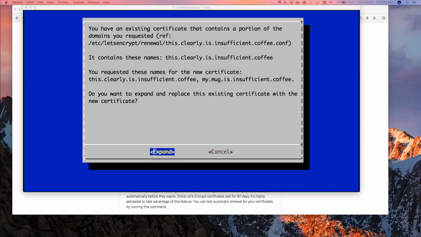So in this case, I already had a certificate. It's recognizing that I already had it and is asking whether it would be okay to go issue a second certificate that includes multiple names. So this is what a lot of people used to call a,